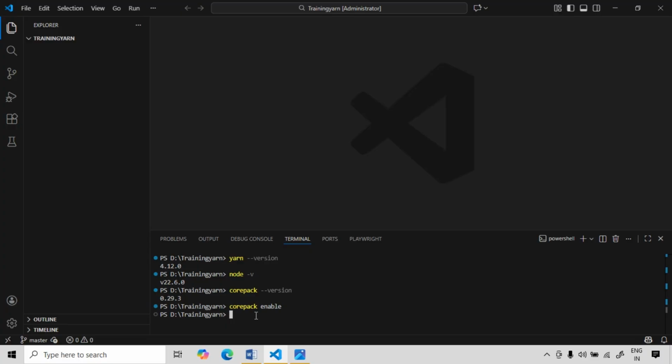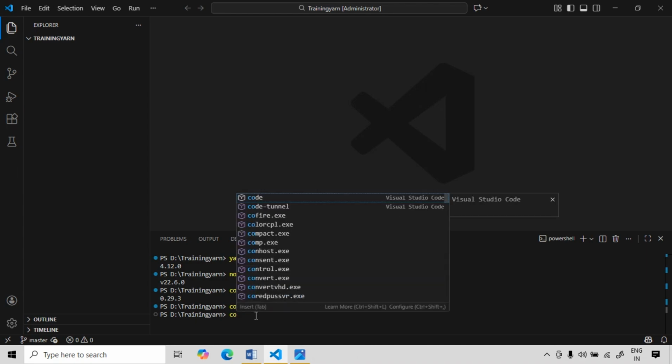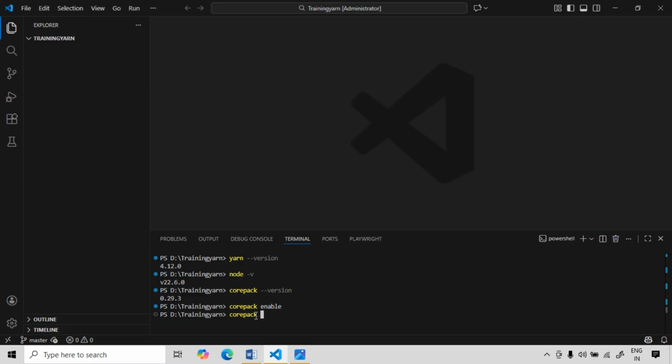So after this one, you have to run one command to install yarn. If you run corepack prepare, prepare means install, similar to install, yarn@stable. Which version do we want to use? Stable means long-term support, the stable version of yarn that does not have issues. It is the latest stable one. And activate means